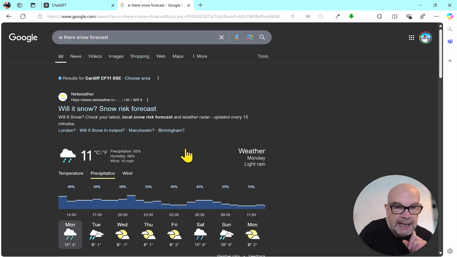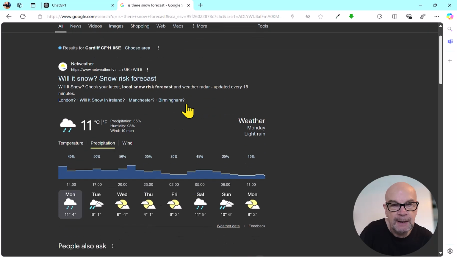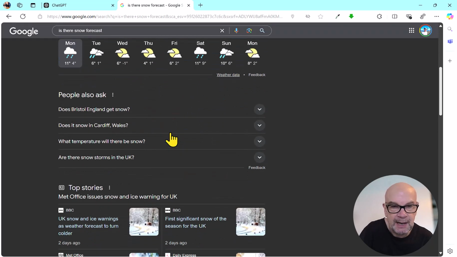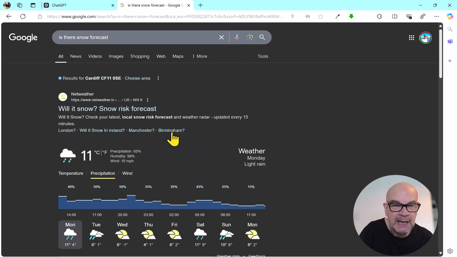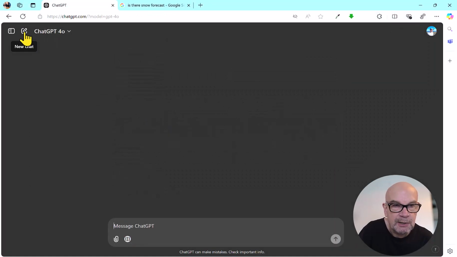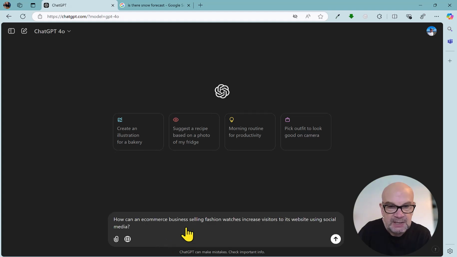So we've got a sort of link to a website. Now, this is typical Google style, where it's going to present you with a link rather than the actual answer. And once again, it's kind of given us the forecast and let us figure it out for ourselves. So it hasn't really got that continuing conversation thing or quite the accuracy when it comes to answering a question like that. So let's go back to ChatGPT and try start a new conversation and try more business focused